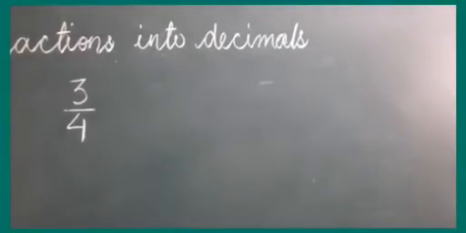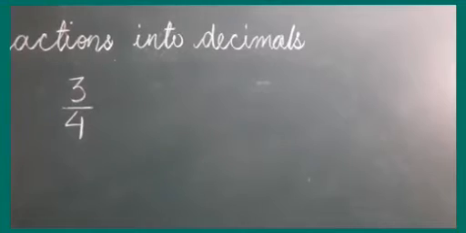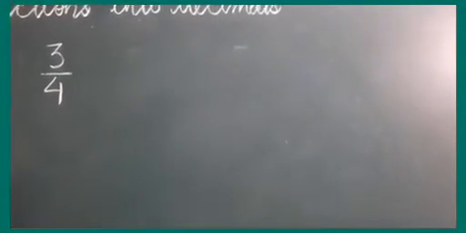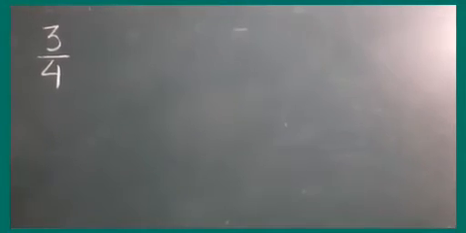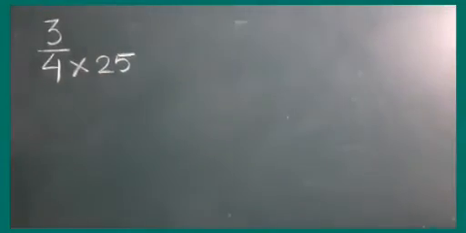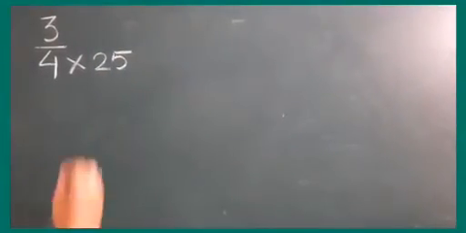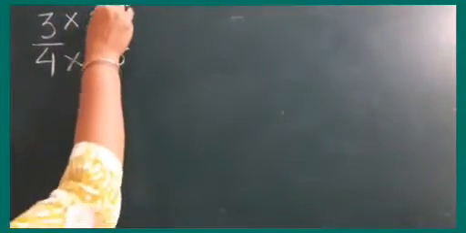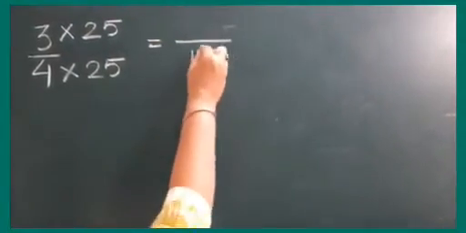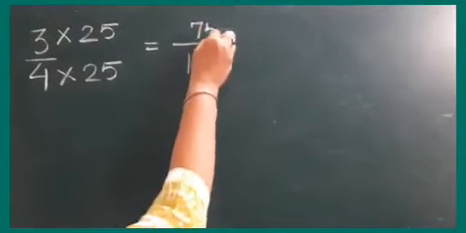Now children, let us take one more example. Now we have 3 by 4. Now in the table of 4, the 10 doesn't come. So we have 4 2s are 8, then 4 3s are 12. So 10 is not coming in the table of 4. So what is the next number? That is 100. So in the table of 4, 100 will come at 25. 25 fours are 100. Since I am multiplying the denominator by 25, I will multiply the numerator also by 25. So my number becomes 25 threes are 75.